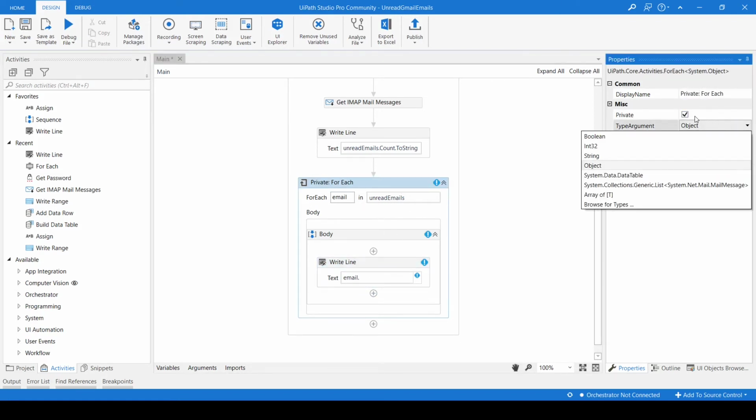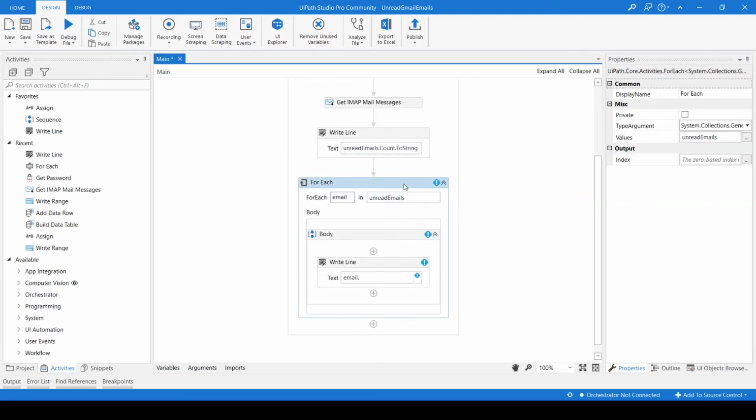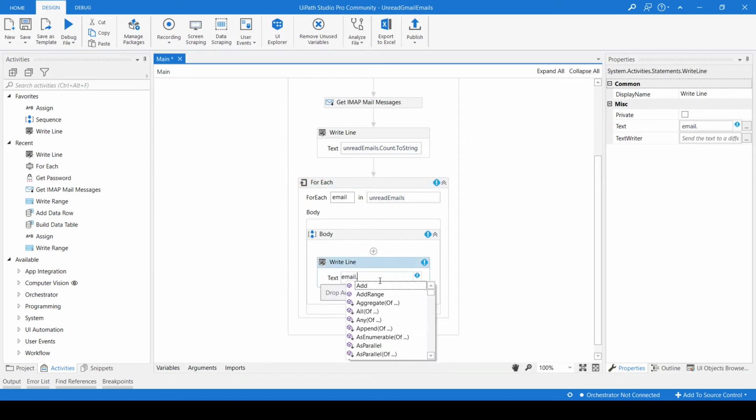So here we need to pass an email type, a MailMessage type of variable. See here, now that I have changed it, with Control plus Space we get lots of options. Why did it come?